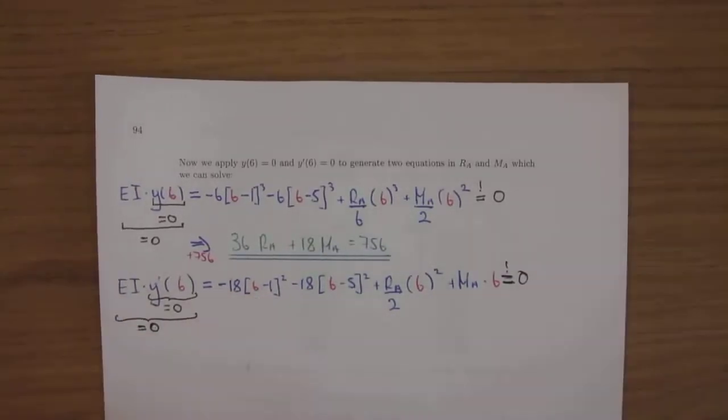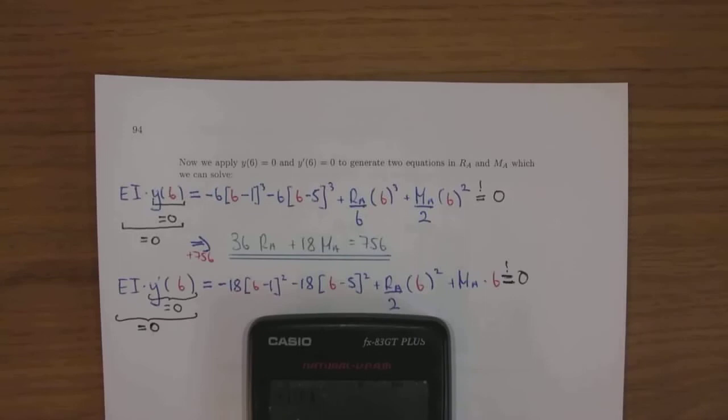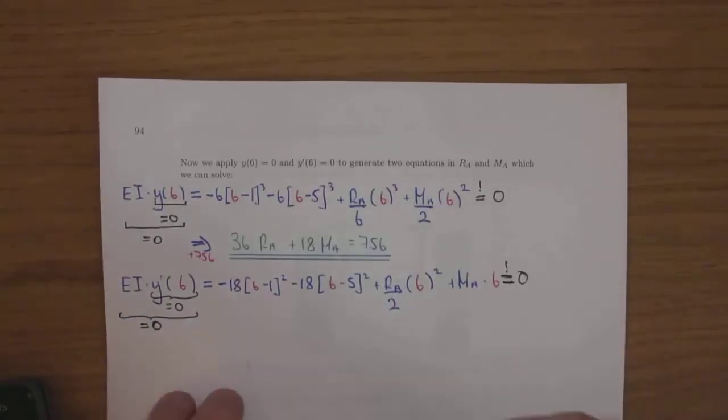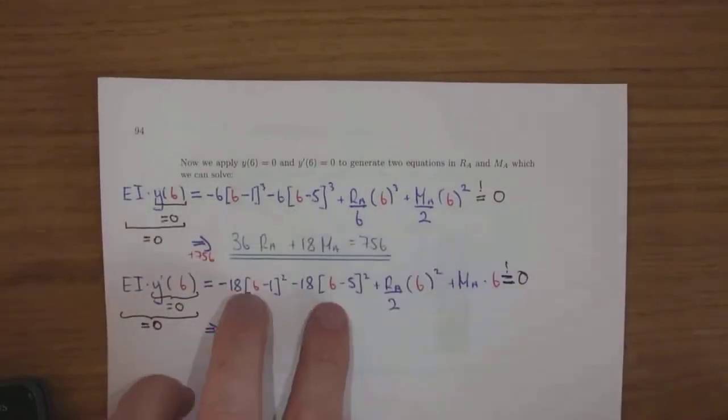So I'm going to bang this into the calculator. Minus 18 by 6 minus 1 is 5, squared is 25. Minus 18 by 1 squared, which is minus 18 by 1, which is minus 18. Minus 468. So this bit is minus 468. So I'm going to get rid of that